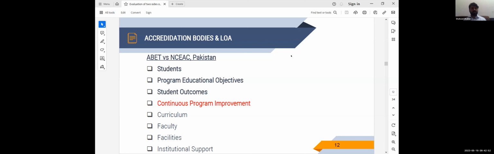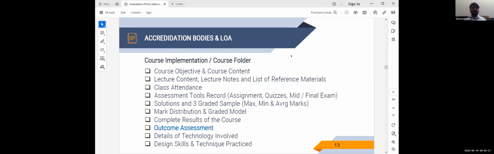So as I have told, the NCAC team comes to the university by the end of every year, and they evaluate, and if they find some lagging, then they provide guidelines for the improvement. But this is not the case in ABET. ABET actually believes in continuous program improvement, so they can check weekly or monthly or quarterly on any basis. And if they find that the program is not doing well against the objectives, they can provide guidelines for the improvement.